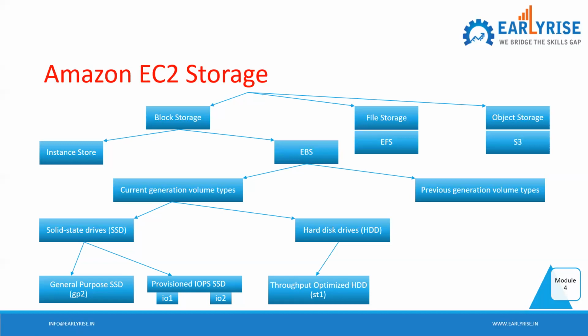Each workload cannot be IO bound. Each workload is not transactional, right? There are requirements where you want to do, say like I was giving some example last time about log processing. You want to just put some logs, you want to process that. So you can go for throughput optimized. You want to put huge data, but it's not transactional in nature, so you can go for throughput optimized hard disk drive.